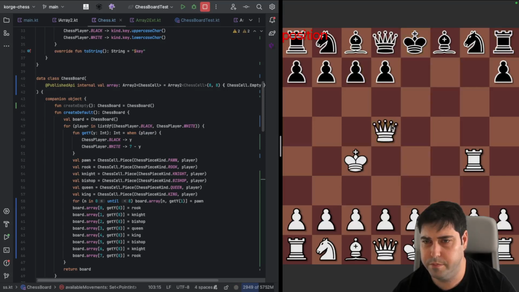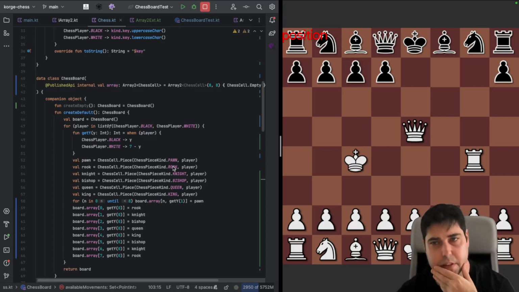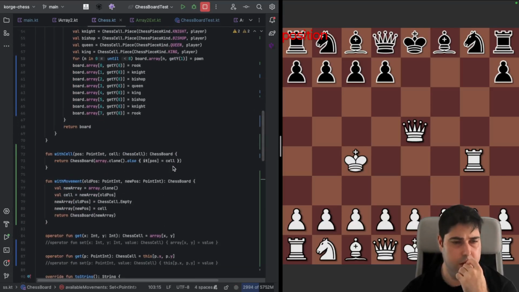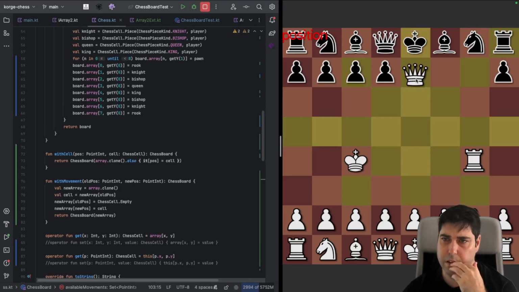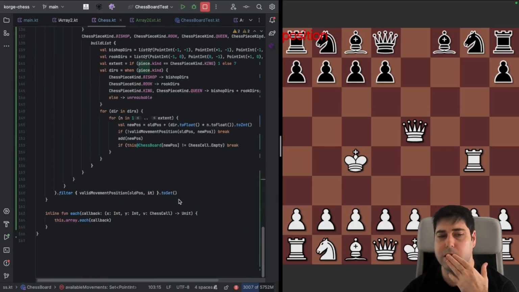Here, and how can we do that? We can do that by iterating all the pieces of each player and checking if one of the movements is the king, is the piece of the king of the other player. So